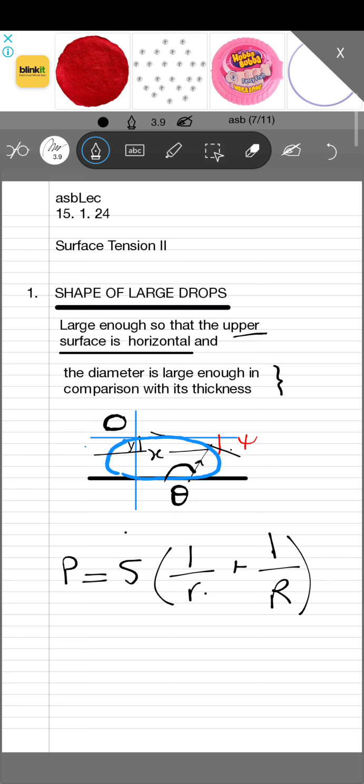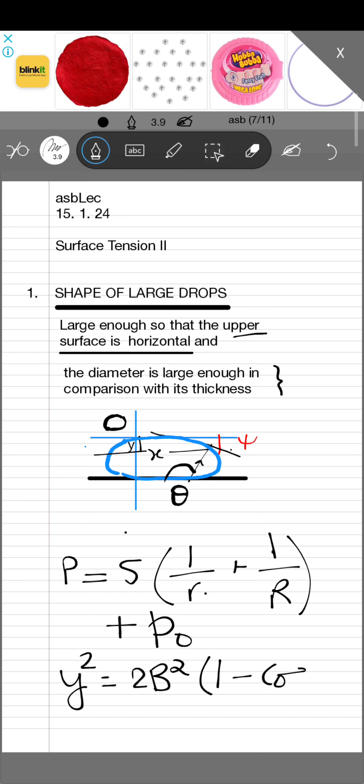So this pressure is being acted upon, and there is another pressure which is called the external pressure. Now y square has been found to be equal to 2b square (1 minus cos psi). If this is the case, then